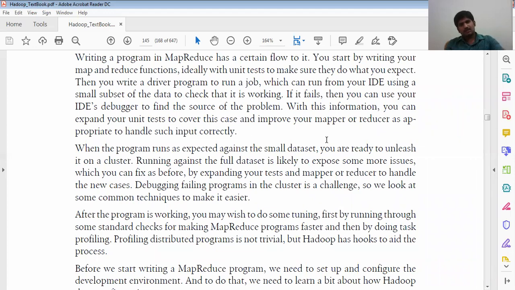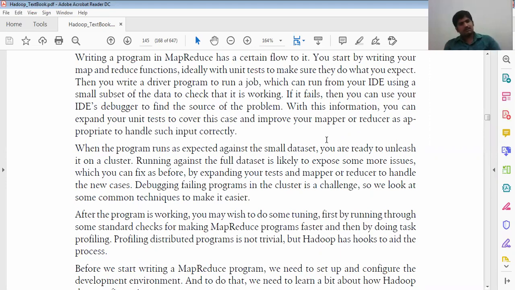Then we can call them the map function and the reduce function. Ideally with unit tests to make sure they behave as you expect. Then you can write a driver program in Java.